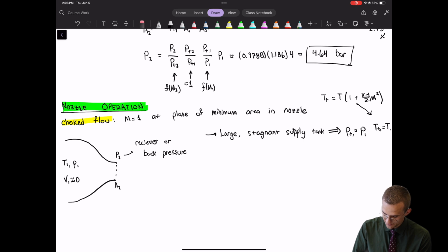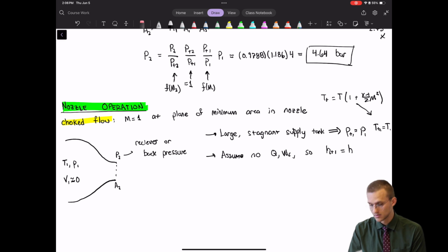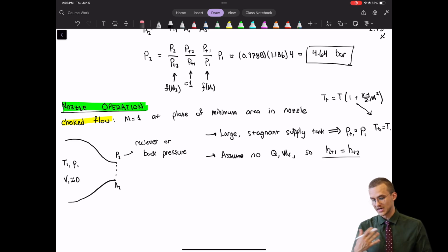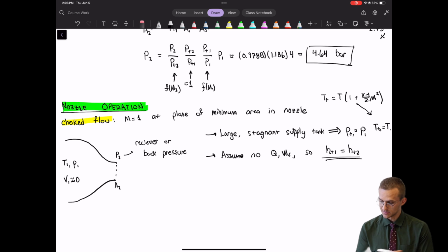We're also going to assume no heat or work being done. So that means that the stagnation enthalpy is the same between state 2 and 1. Okay, so that's another thing. Remember, I said back when I mentioned it that the stagnation enthalpy is conserved whenever there's no heat occurring between two different spots. Okay,